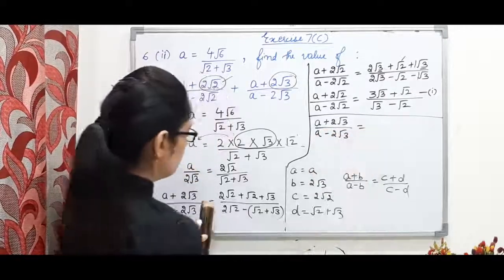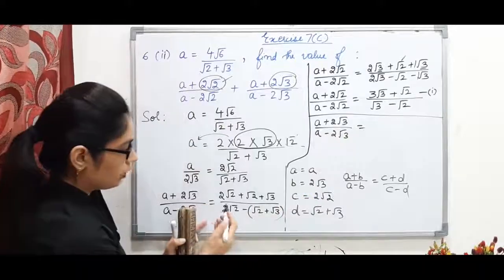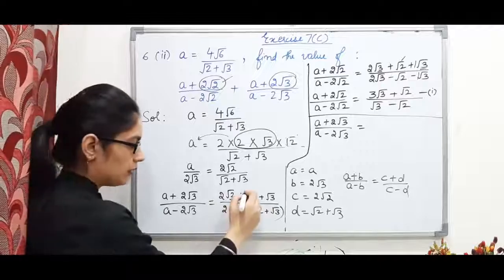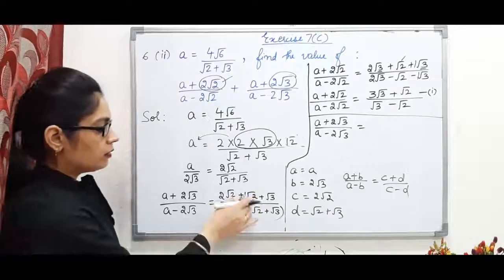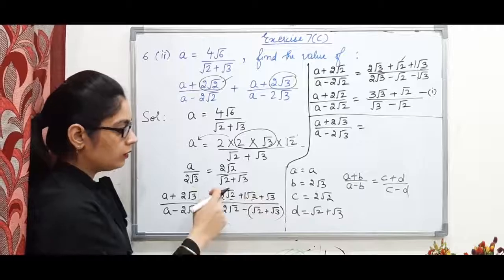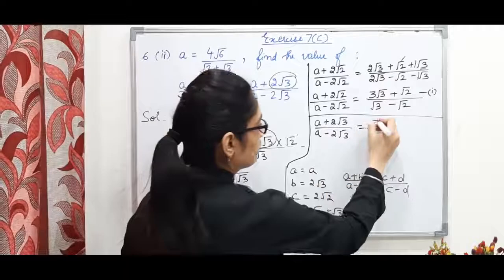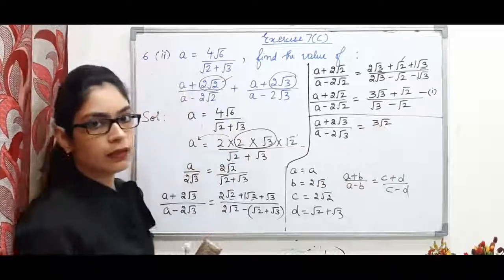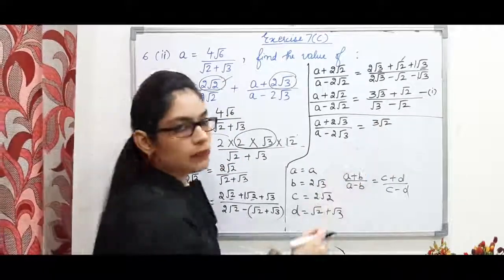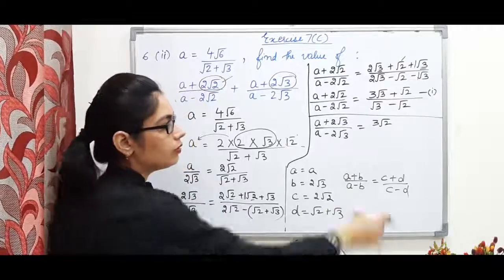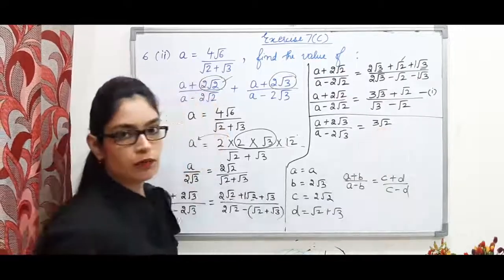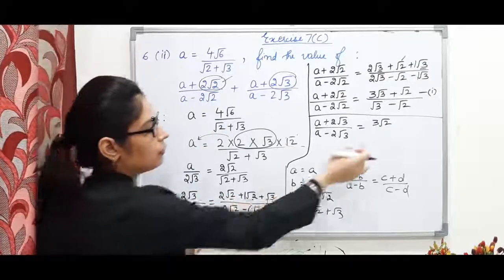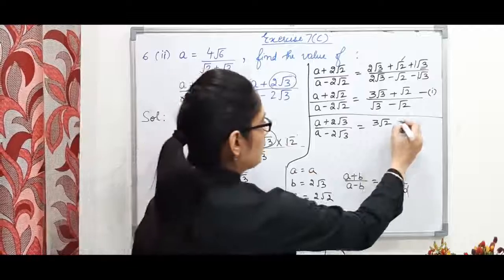It is equal to 2 root, here we can solve. See, we have root 2 with 2 and here root 2 also. Nothing is written, that means 1 is there. So these two are like terms, so I can solve it. 2 plus 1 is 3. Root 2 as it is we have to write. See, these roots are like variables, like x and y we use in linear equations or any equation. In the same way, only numbers you can add, and these root numbers you can write as they are. Plus root 3.